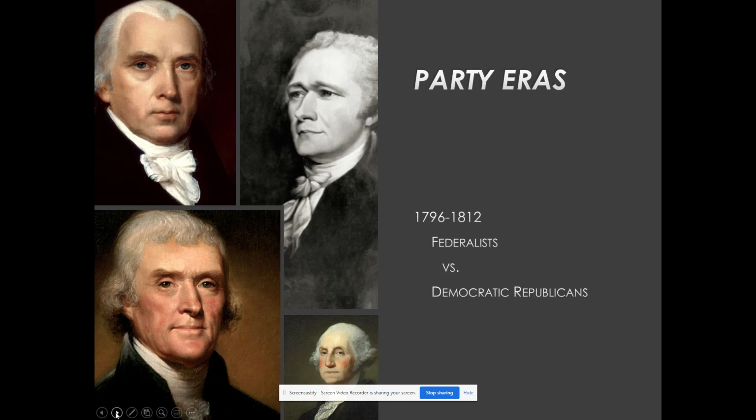The first two that we saw, going back to 1796, taking us through 1812, were the Federalists and the Democratic Republicans. So the Federalists were led by George Washington and Alexander Hamilton, believing in a strong national government, kind of an industrial economy, and an alliance with Great Britain. That was kind of their vision for America. Whereas you have the Democratic Republicans, led by Thomas Jefferson and James Madison, that favored more power going to state governments, more of a rural farm-based economy, more of an alliance with France as opposed to Great Britain. So automatically you saw that divide. And both the parties had success in this time period.